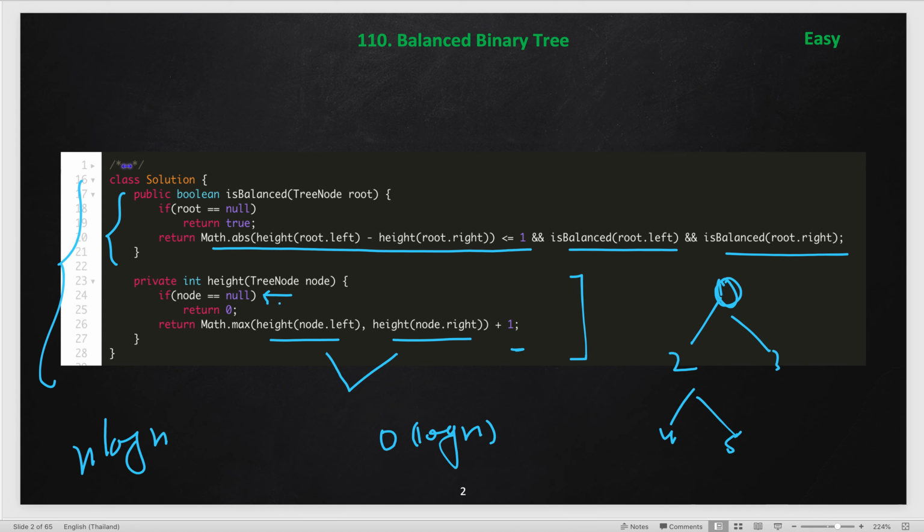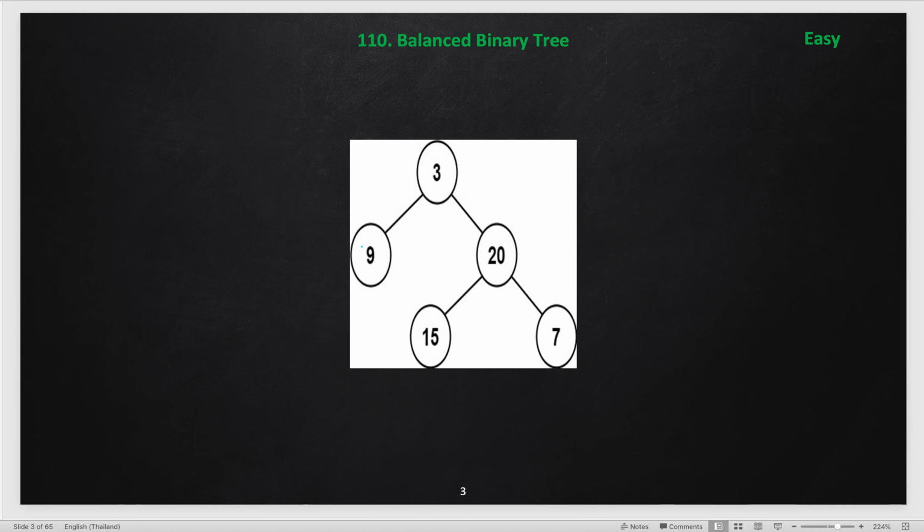If you see, the height method we are calling again and again, repeatedly for each node. Can we go down first to the leaf nodes, and then come up to the top and make use of the previously calculated heights? Let's see how we will do that. If I am on this node, I will first call for the left height and right height and get them. Then when we reach here, we get the 0 height of this node, and here we will again further call the left height and right height.